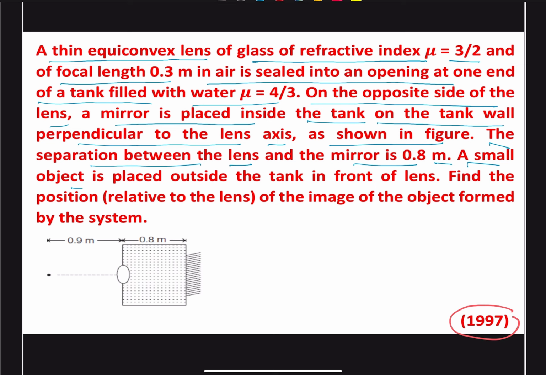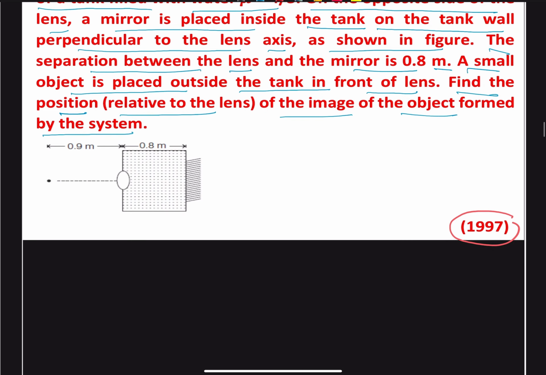A small object is placed outside the tank in front of the lens. Find the position relative to the lens of the image and object found by the system. Okay. So in this case, we are given that we have a, you can say,